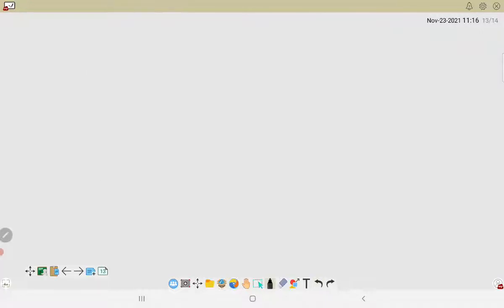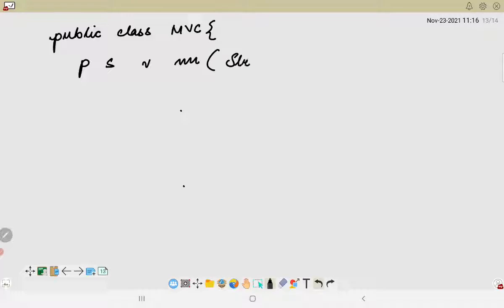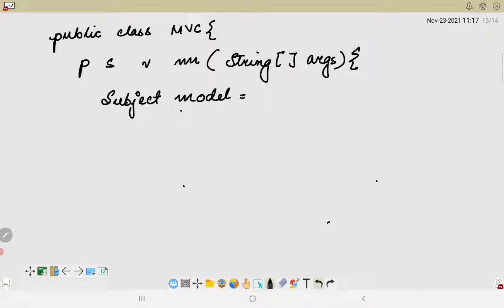Okay, so we will look into the main program. Let us say public class MVC. So we have considered a class where I will write the main method, that is public static void main, with String arguments. Since we are having a subject class, we will use an object of the subject.